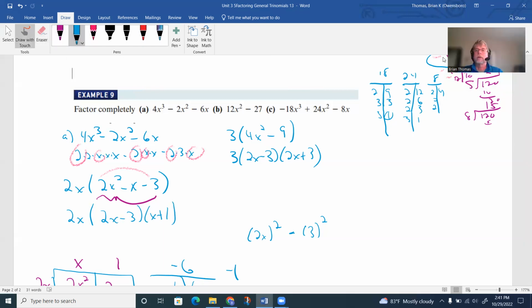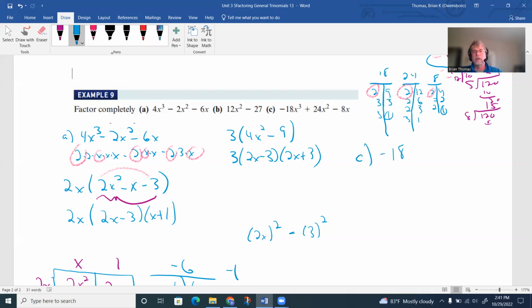So 2 went into 4 twice, and 2 went into 2 one time. So that's how they do have a 2 in common. But that's it. They don't have anything else because the 18 is what's killing us, because all that's left there is 3s and no more 2s. So looking at C,